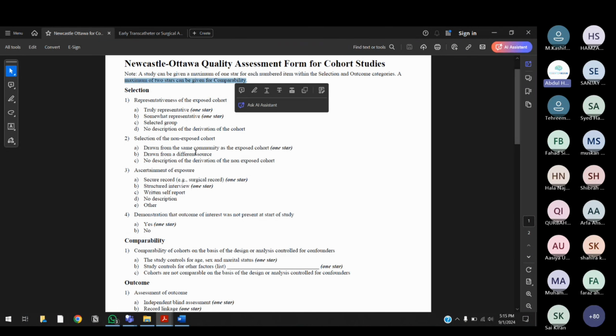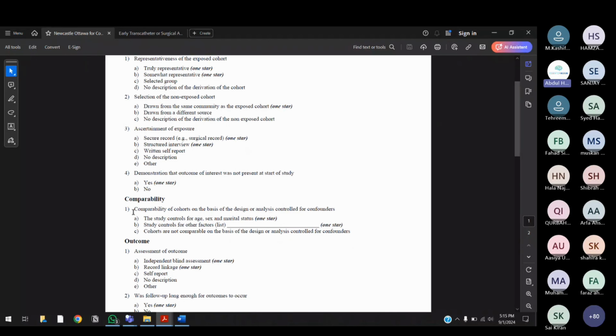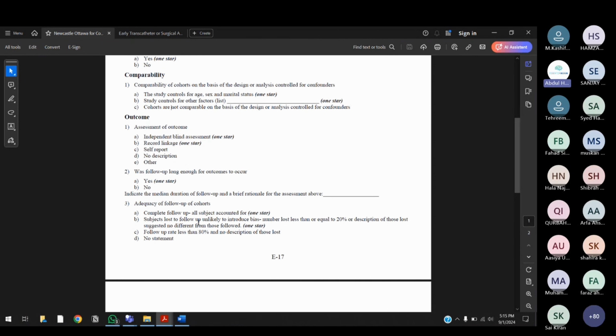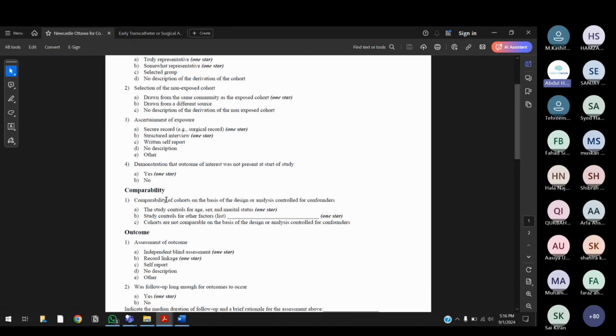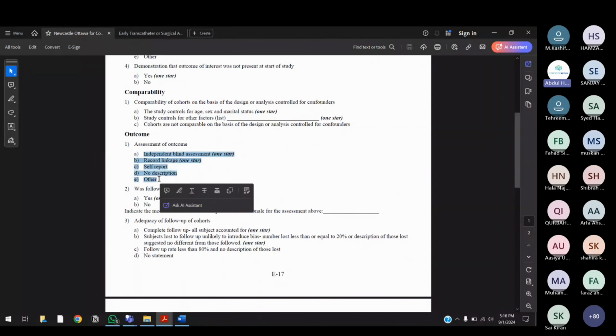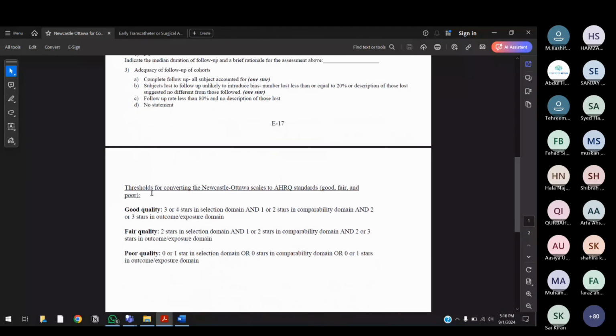ठीक है? And secondly, comparability जो है, it is not an MCQ. ठीक है? It is a true false type of thing. जो selection के questions हैं और जो outcome के questions हैं, they are more of MCQs. ठीक है? And comparability is a true false sort of thing. ठीक है? बहुत we didn't use the grade scale because बहुत studies के लिए जो आजकल gold standard चल रहा है, it is the Newcastle-Ottawa scale. ठीक है? So the big random meta-analysis that you see getting published, they will be using the Newcastle-Ottawa too. All right? Adiba, for outcome, you can select one option per question. ठीक है? Because you can give a maximum of 1 star per question.